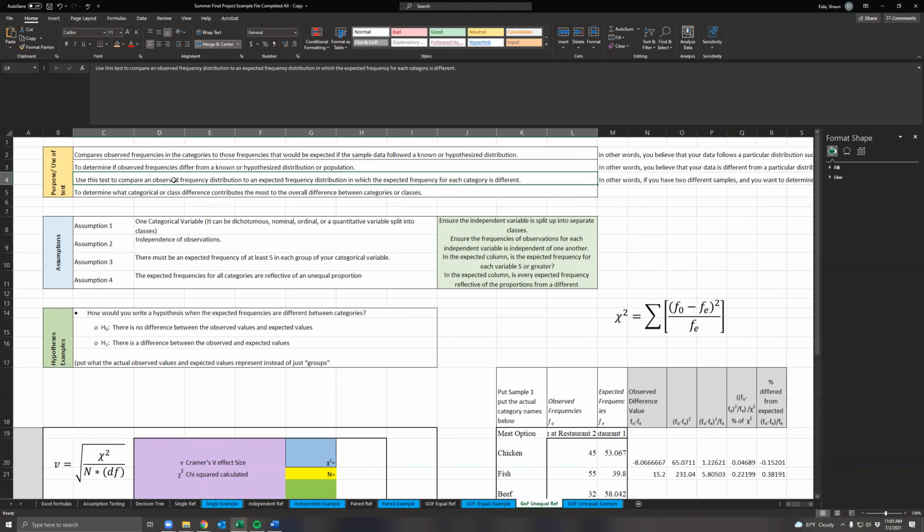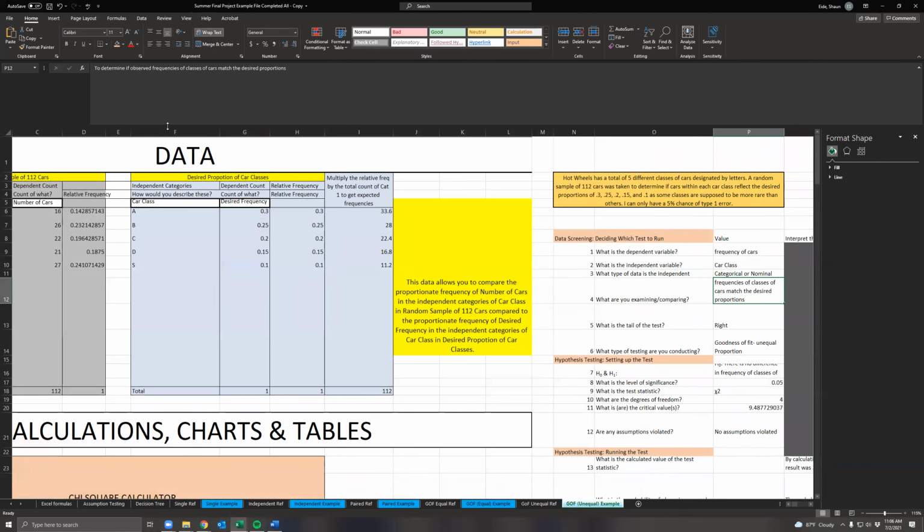Yeah, this is what you want. Use this test to compare the observed frequencies. So I'm going to copy and paste this one, Control C, and I'm going to come right in here, and compare, let's see here, to compare the observed frequencies of cars